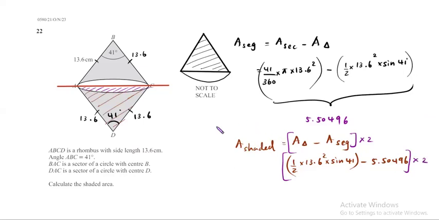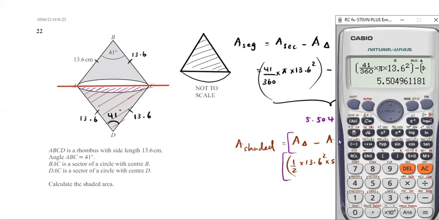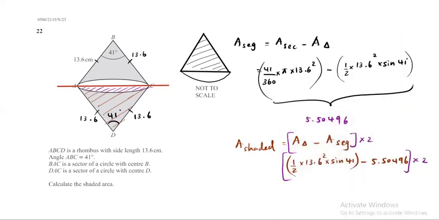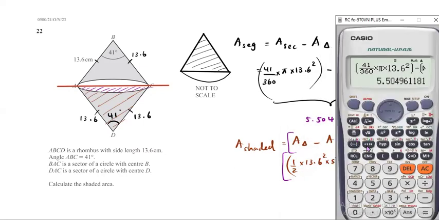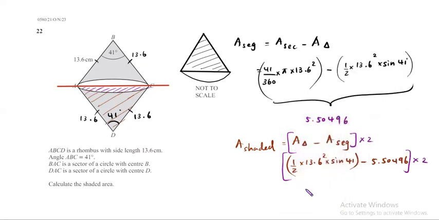So this will give us the area of the shaded region, which means I'm going to put this in the calculator now. From the area of the triangle, I'm going to put the brackets and start. So area of the triangle is half times A times B times sine C, that's 13.6 squared, sine 41. So when we calculate this, this is what we get. From that area of the triangle, I need to deduct this 5.496